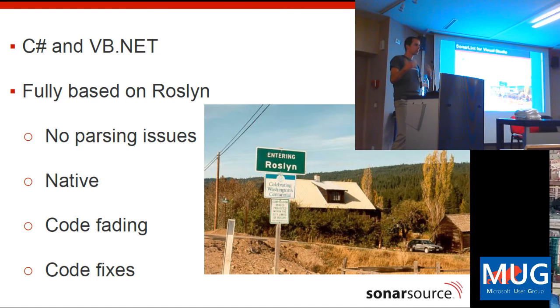So Rosslyn is the compiler framework. It's an open source compiler, and it's also an open platform, so you can inject your functionality into the compiler pipeline, which means that whenever the compiler does a compilation process, like a syntax analysis, you can inject your own syntax analyzers into the pipeline, and then your stuff gets executed natively inside Visual Studio, inside the CSC compiler, so basically as part of the build,